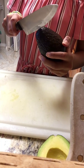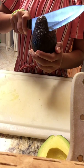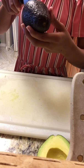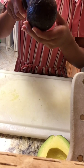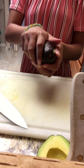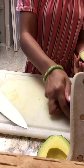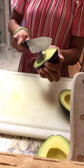know before. So what you do is you go all the way down the middle, all the way until you feel the seed, and then you just start going around, and you don't move the knife, you only move the avocado, and keep feeling the seed until you meet the middle where you were before. And then once you've done that, an easy way to get it off is just twist it, and then it'll come off like that. And then an easy way to get the seed out is just stab it, and